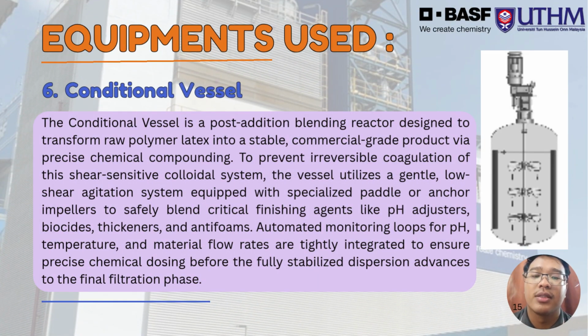For the next unit process, we have a conditional vessel. This unit process is a post-addition blend reactor designed to transform the raw material latex into a stable commercial grade product via process chemical compounding, to prevent the irreversible coagulation of this shear-sensitive colloidal system. The vessel utilizes a gentle, low shear agitation system with specialized paddles or anchor